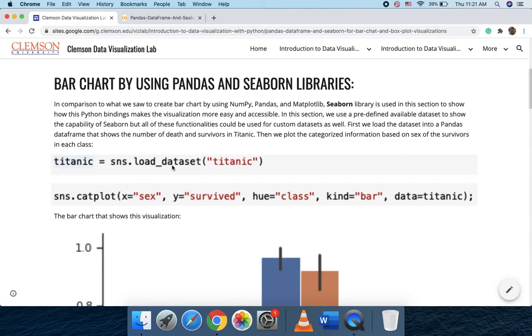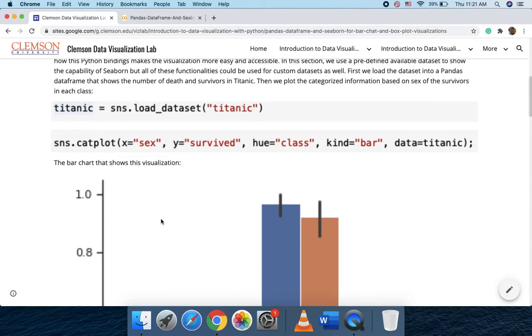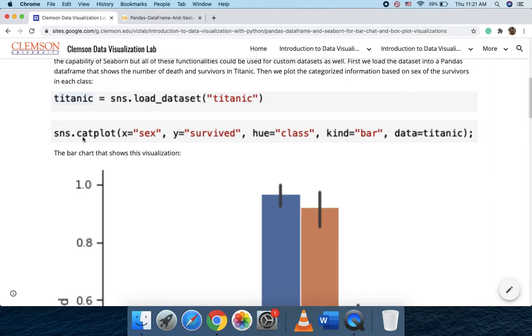First, we'll load that generic dataset called Titanic, but you can use whatever data you have in your file, or even use the previous pandas breast cancer or COVID-19 datasets for the visualization. Then we want to use the categorical plot, shown as catplot here, because seaborn creates the bar charts based on the categories or